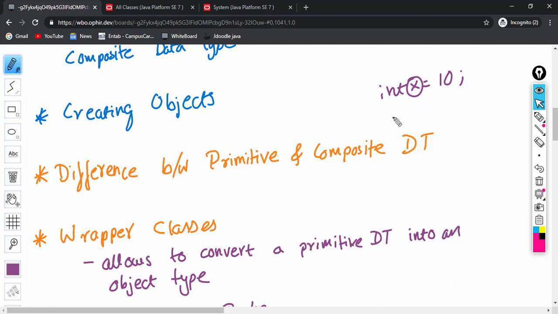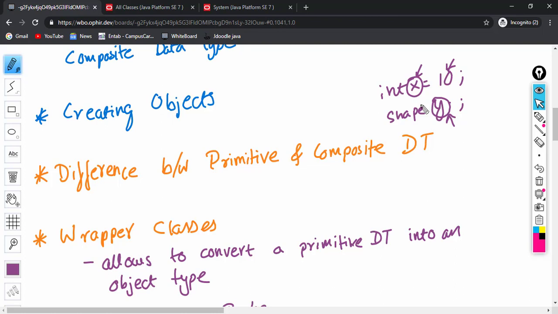Whereas if I create a variable of shape type, this y variable will store a reference of an object, it will not store the value itself. Whereas here in the primitive case we have the variable storing the value itself. Okay, so this is the first difference.